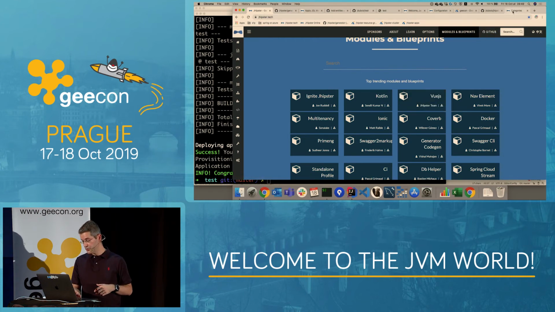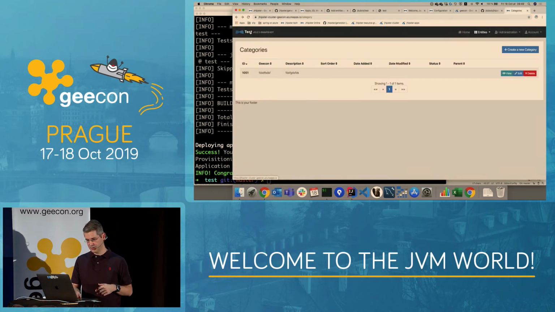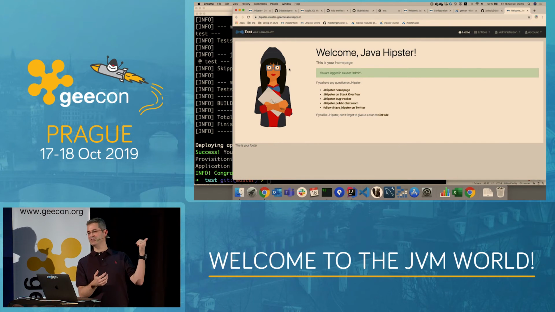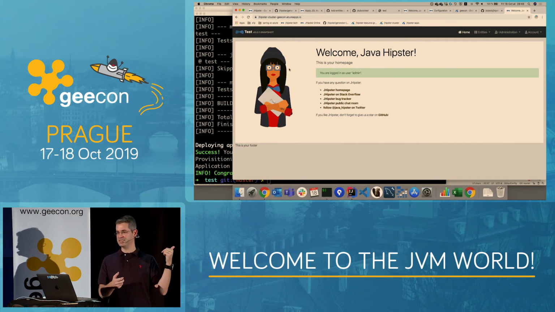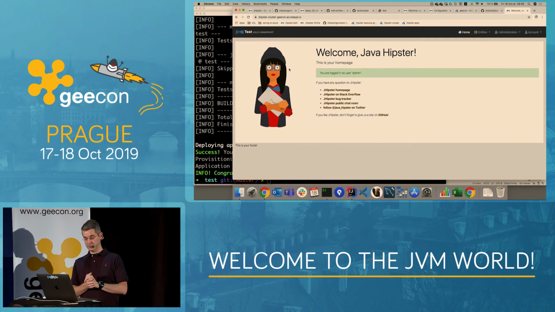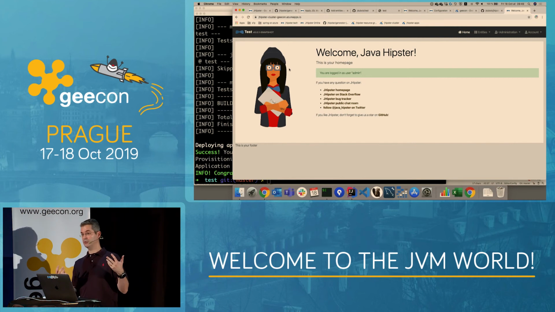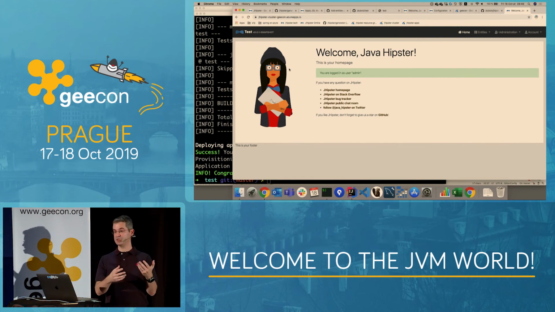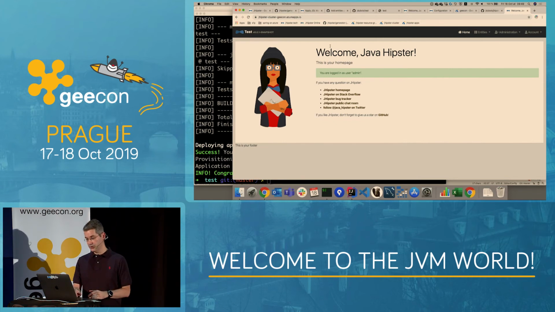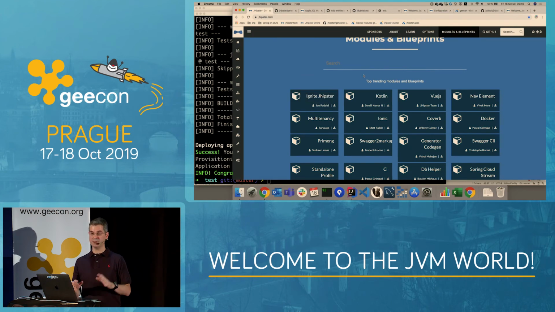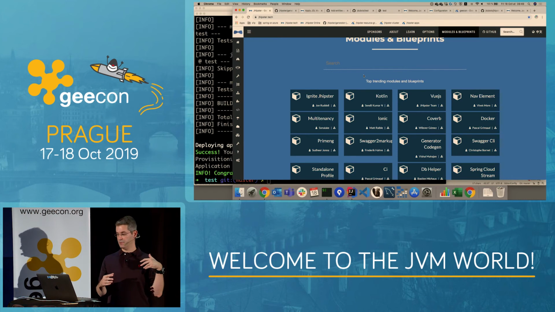I had many customers who said, "Okay, this is great, but this is not my company logo. This is not my company CSS, and also, for example, my security configuration is not JWT. It's my own stuff inside my own bank. So I would like to always generate something on top of JHipster that overrides all this." And that's what you can do with blueprints and modules. It's like overriding what we do.